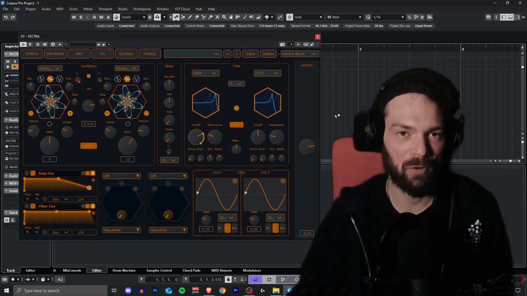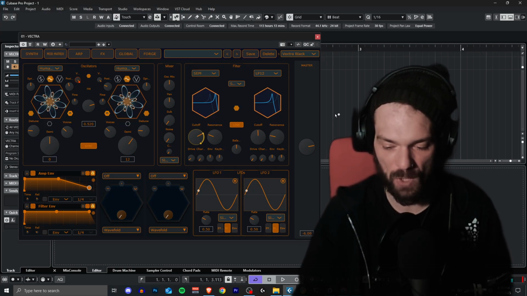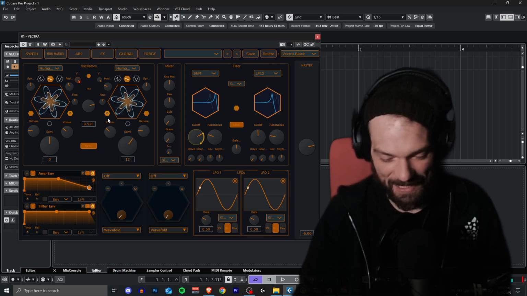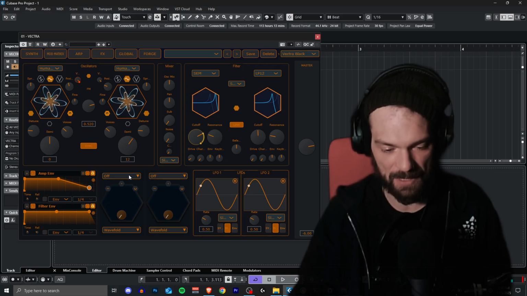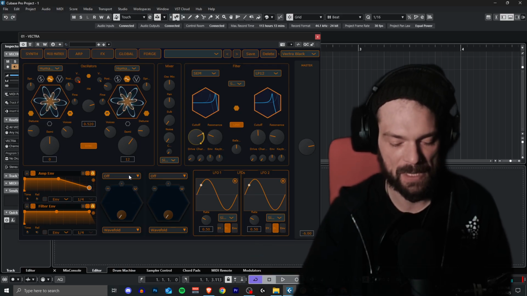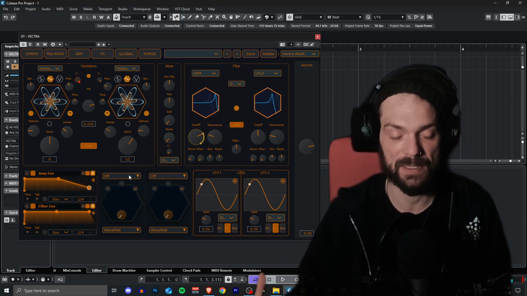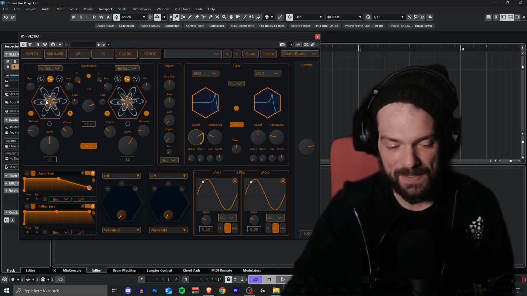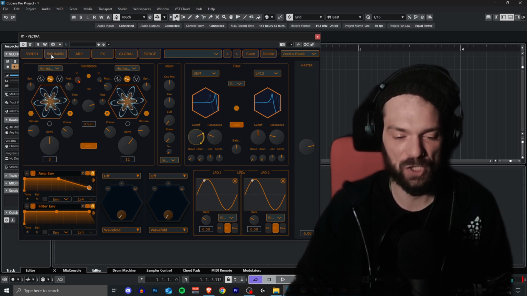VECTRA is a power synth that combines a virtual analog engine with one of the most advanced wavetable engines ever built. And today, I am super happy to actually show it to you for the first time in a kind of systems overview and just familiarize you a little bit with the systems, because there are many and they are quite deep. So we'll start from the left and then just go over the front page, but we will go